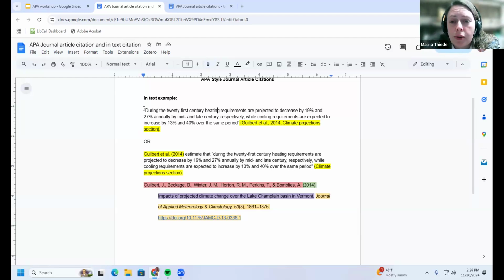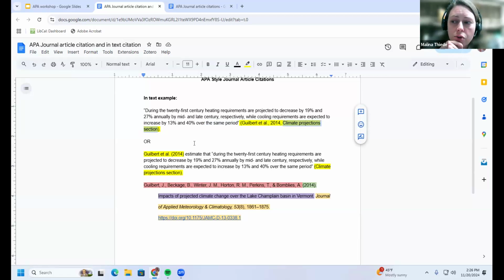So anyway, going on to showing the in-text citation, here we have a quote from this paper, and over here, highlighted, I formatted the in-text citation for that. You can see, because it has more than 2 authors, I put the first author et al., then a comma, the year, and climate projection section. That's the location where I found this quote, so that someone could quite easily scan through the paper and find the section and then find that quote. That is the parenthetical citation method of doing it.